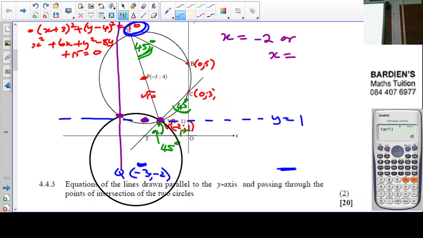Well, what was this coordinate here in line with this? Negative 3 is. So this is negative 2. So what is that distance from negative 3 to negative 2? What is that distance? 1. So what must this distance be? The same, which is also